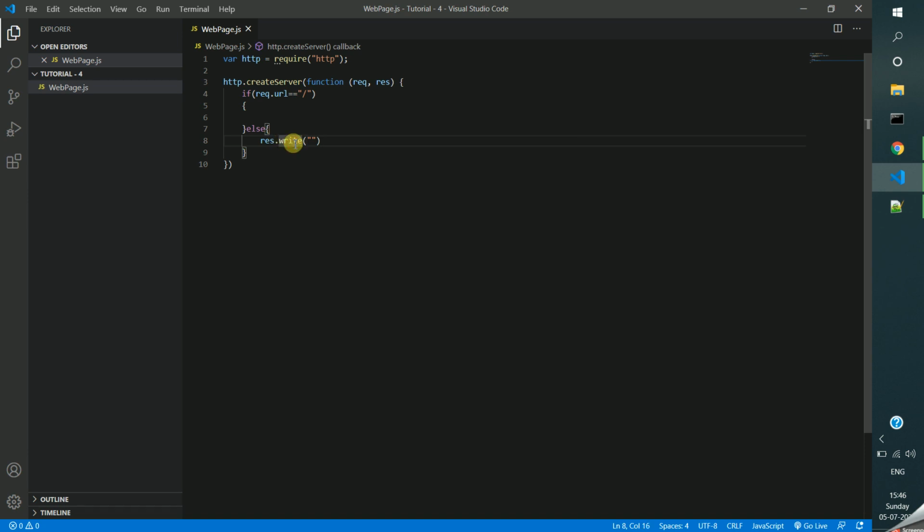Actually this write is a function. Whatever contents we pass here will override the response of the request. Let me write page not found. Okay, if it is a valid URL,